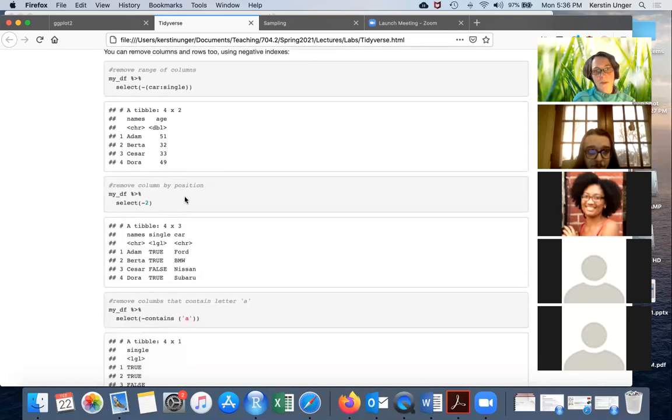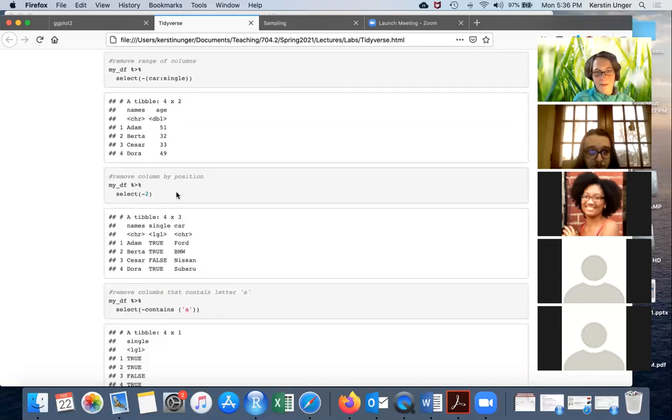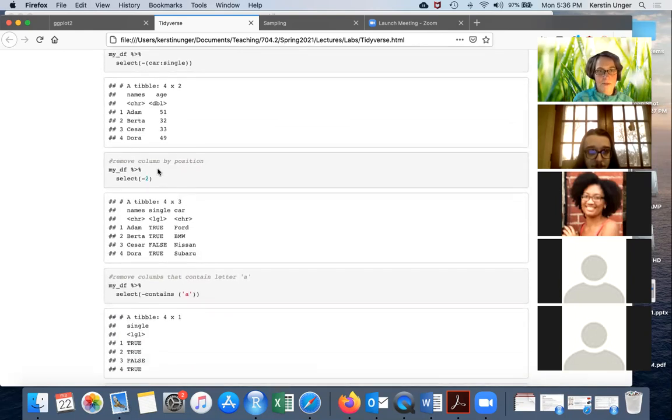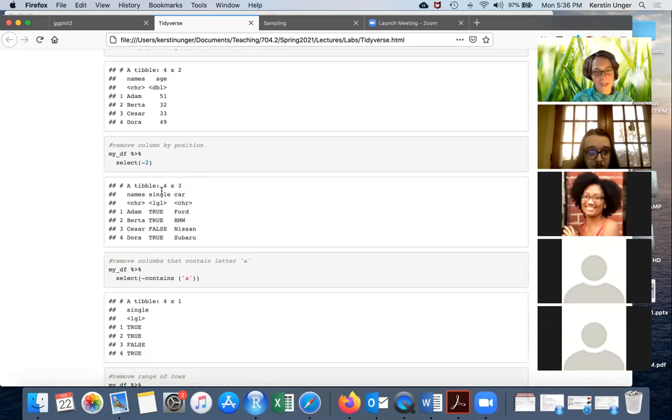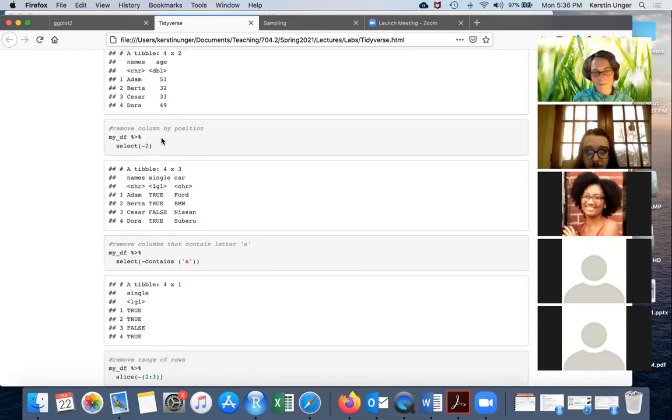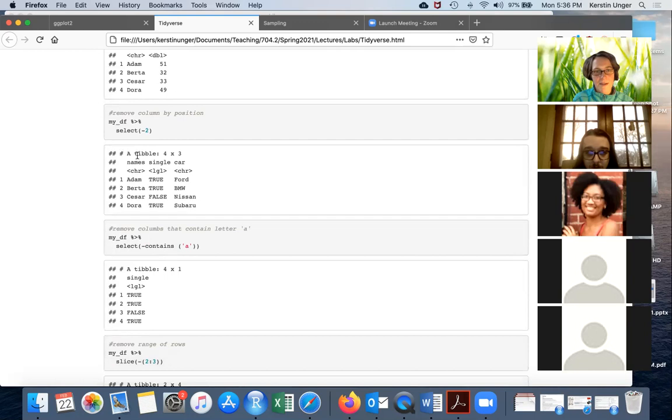We can also remove a column by position, so by their numerical index. If we wanted to remove the second column, we just say -2. Always keep in mind that the function select in itself also wants, of course, the data frame, but we are piping, so we're piping that in here. That's why we don't have to put it as an argument in the parentheses for select. So here we have just removed the second column,